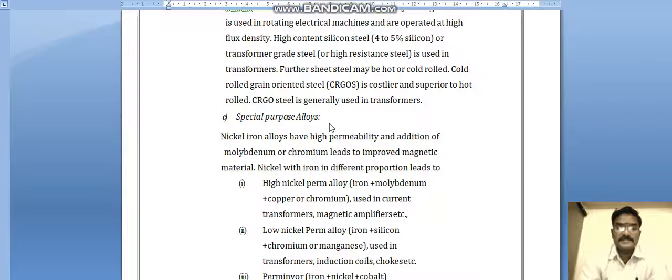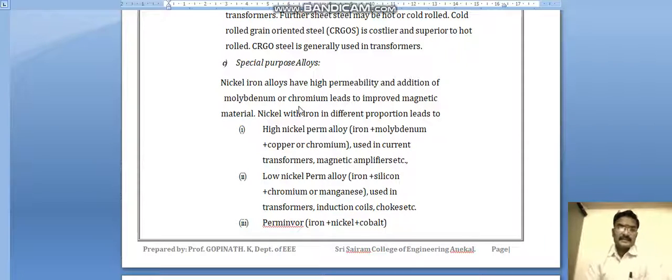Special purpose alloys. Nickel-iron alloys have high permeability, and addition of molybdenum or chromium leads to improved magnetic material.